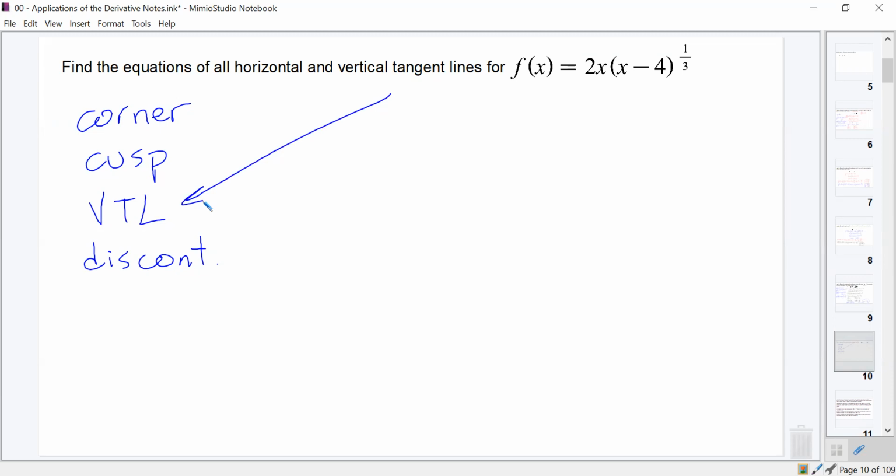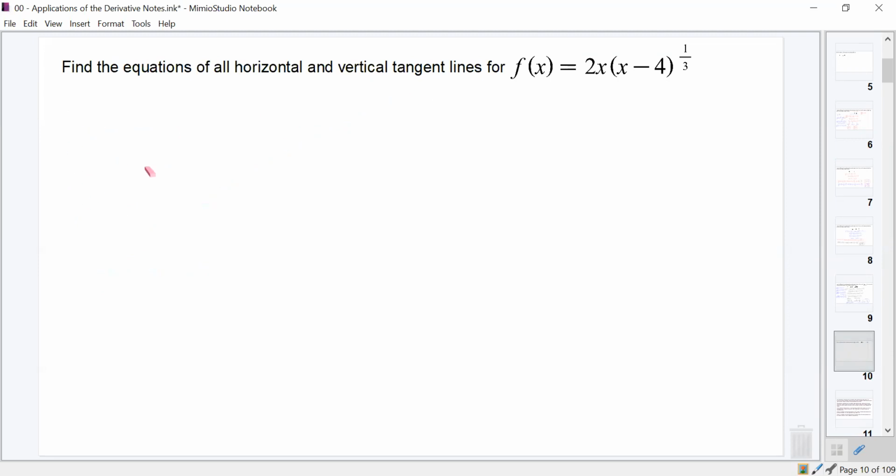Now, there's going to be a few other things that we need to do as we move through to figure out why it's not a corner or a cusp or a discontinuity, but we'll worry about that as we get to it. So for now, we know that we need to find when the derivative is 0 for the horizontal tangent line and when the derivative is undefined for the vertical tangent line. So let's go ahead